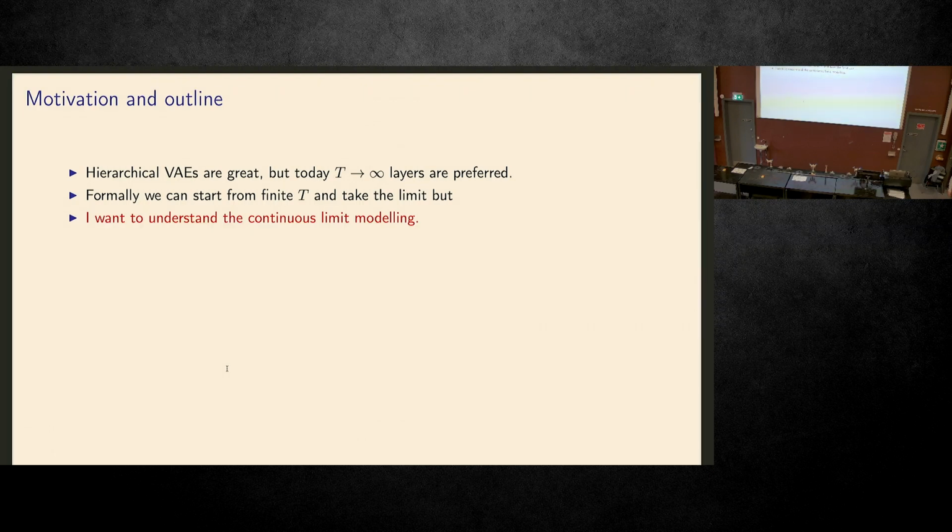I have worked a lot on variational autoencoders, also hierarchical variational autoencoders, and once the diffusion models came on the scene, of course, because I was very biased, I thought, you know, this is just a specific instance of a variational autoencoder with some very nice properties. I'll come back to that. But I also noticed, especially with the variational diffusion model paper from Kingma and others, that in the end you can take this limit of the number of layers to infinity, and then you get something that is well defined. And I couldn't understand that.